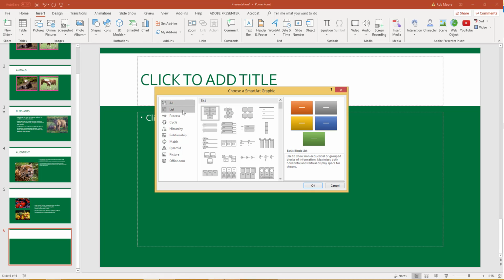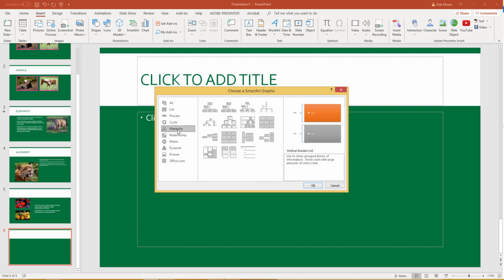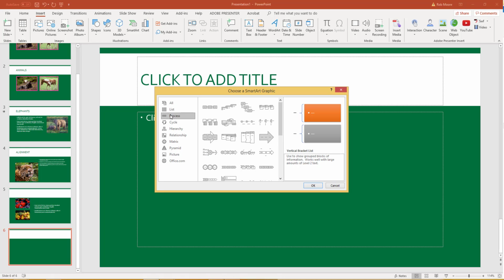What you'll have is different options, so you can do lists, and as you click on them, you'll see a brief description of what each means. It's a very helpful way to organize your information and do relationships or do a process. So for this assignment, what I'd like you to do is simply select any of the SmartArt graphics